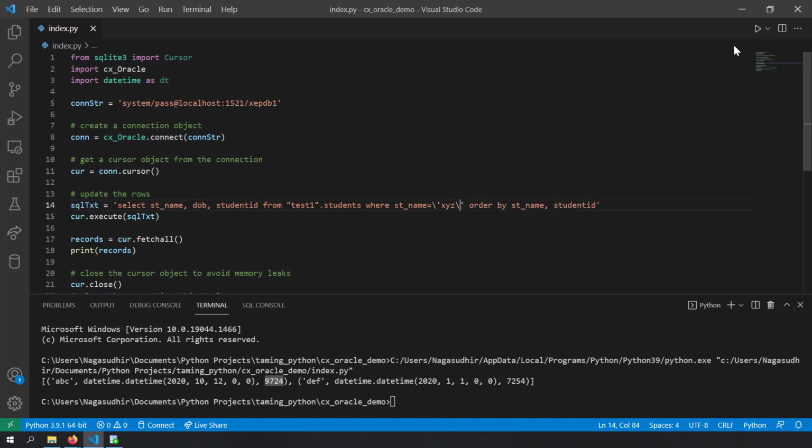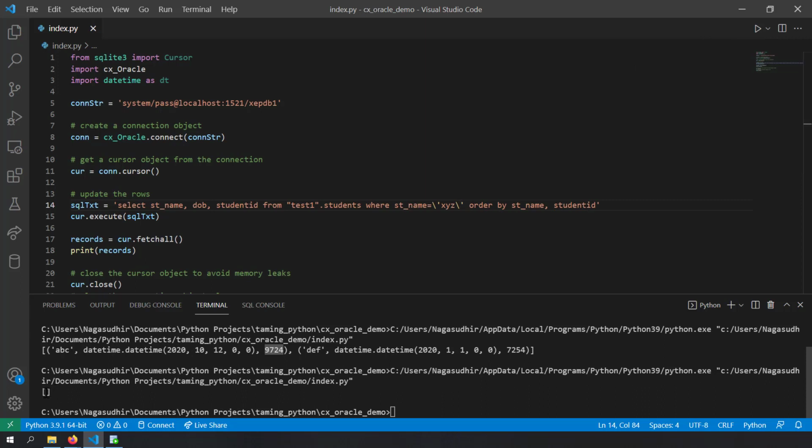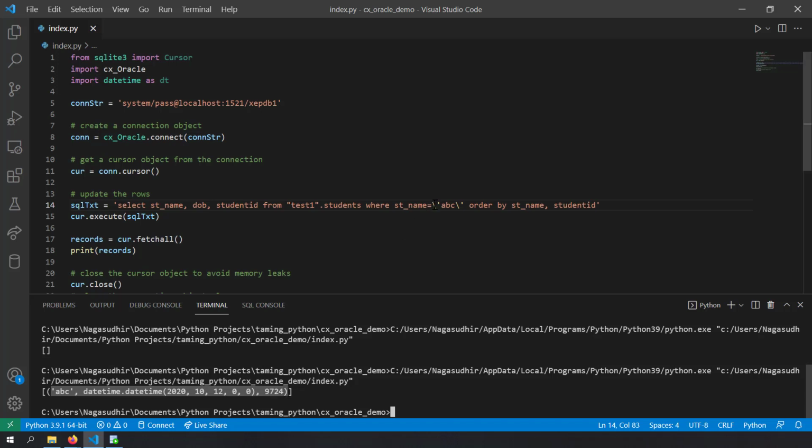So let me try to save it and run this now. I did not get any rows because I don't have any rows with the data xyz. So I'll just write, instead of xyz, I will write ABC here and run this. And here you can see I got the row with student name as ABC, but supplying input parameters here is